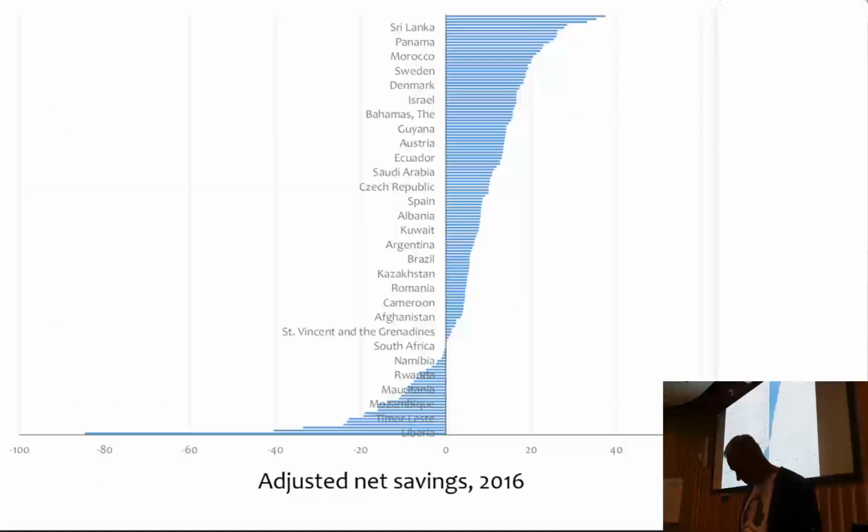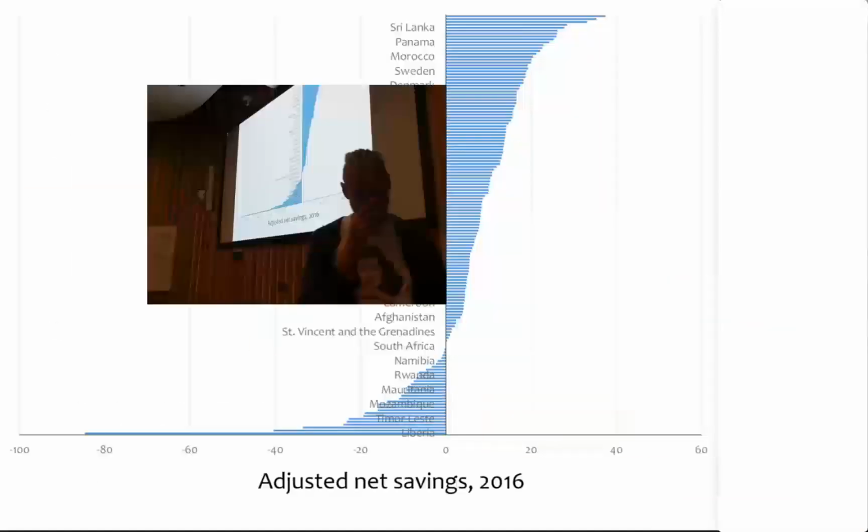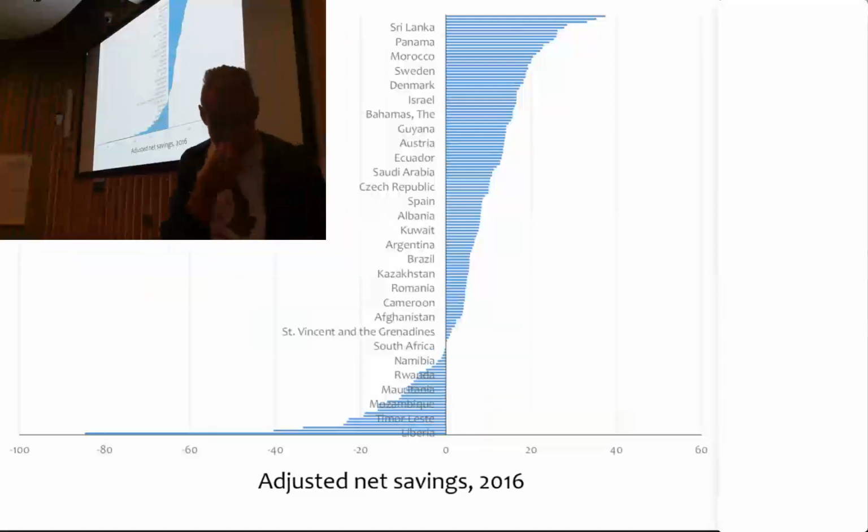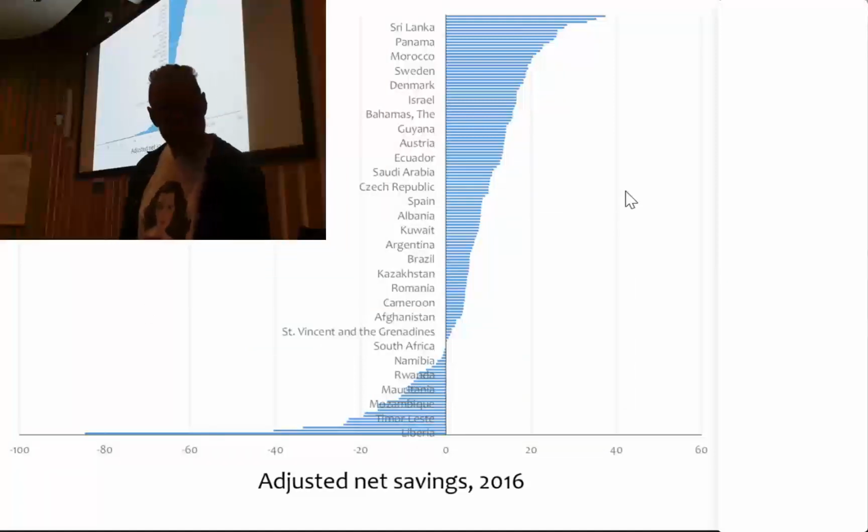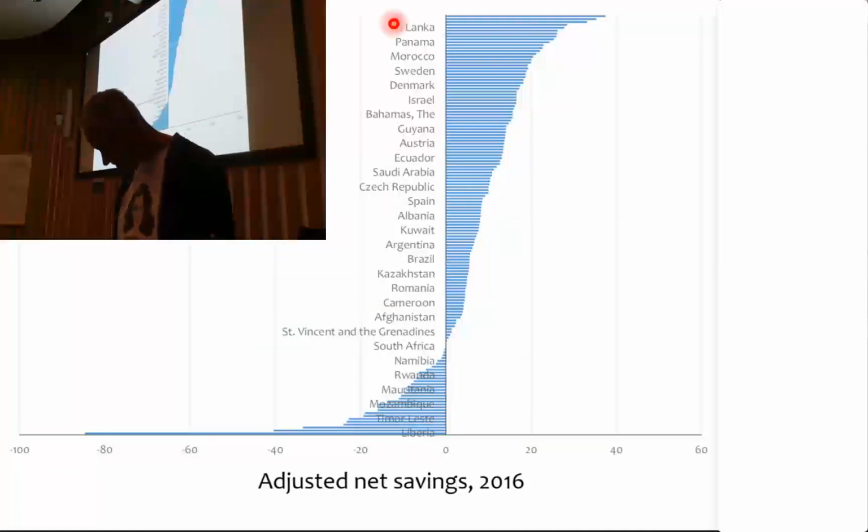So hopefully this is useful. You can also compare it across countries. Some countries are doing very well. Sri Lanka, Panama, Morocco are at the top. Sweden and Denmark, of course. Other countries are doing very, very badly. The one at the very, very bottom is Liberia,